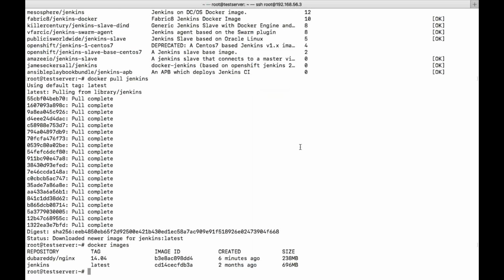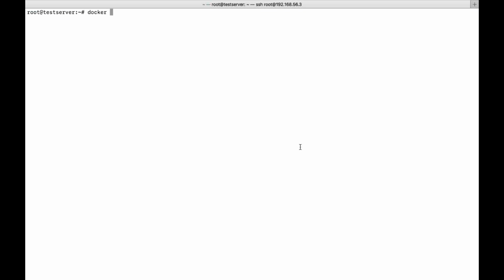Docker run -dti. I need to give some name like Jenkins. Then I need to give some host name. It is not mandatory, but anyways. I need to use port forwarding, obviously 8080 or 8181.